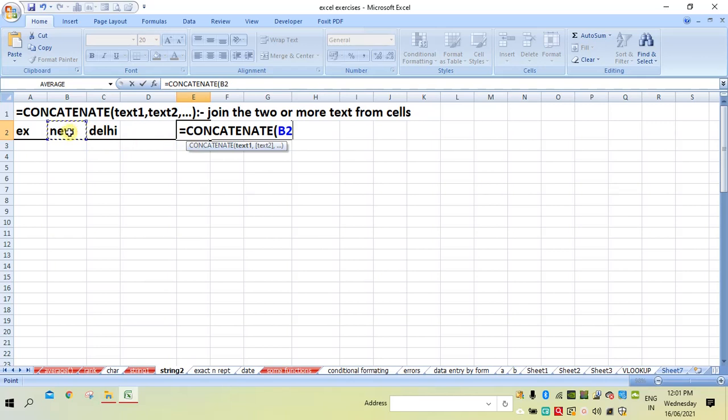It is the first content of a cell and this is the second content of the cell, and bracket complete. So you will get New Delhi as a single word, which were separate words, one in B2 cell, another in C2 cell. So this concatenate we can use to join two or more cells.